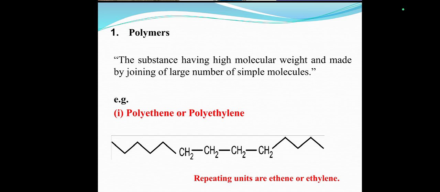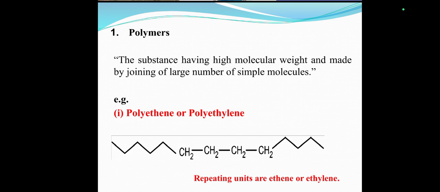If we connect a large number of simple molecules, the produced long polymer chain has high molecular weight. Okay, so the substance having high molecular weight is made by joining a large number of simple molecules. Now example,